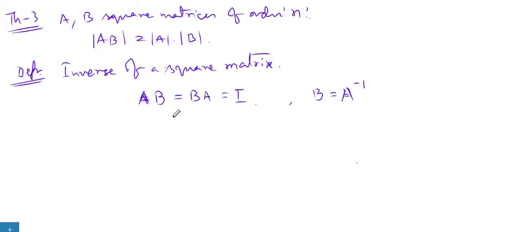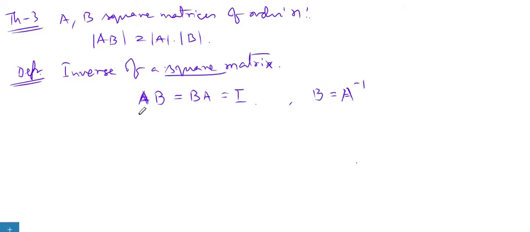So what is the definition? If A is a square matrix, obviously A would be a square matrix. Here the discussion on the three theorems and previously the adjugate of a matrix, everything is going on square matrices. Every theory is on square matrices. Here also A is a square matrix. Then if there exists another square matrix B, if there exists, that means there may be some matrices which have no inverse actually.